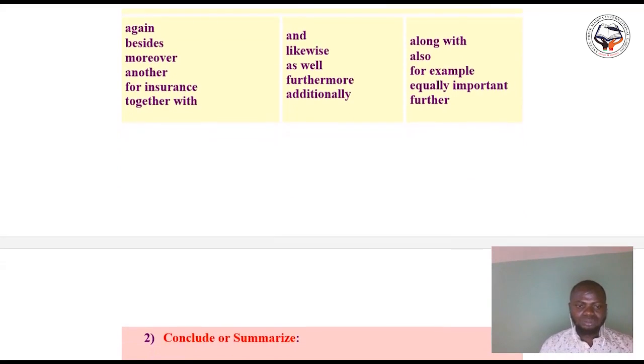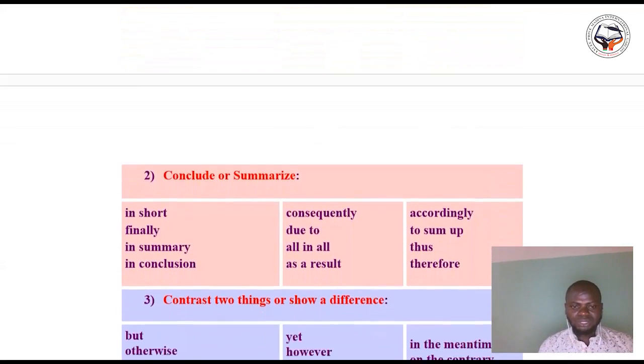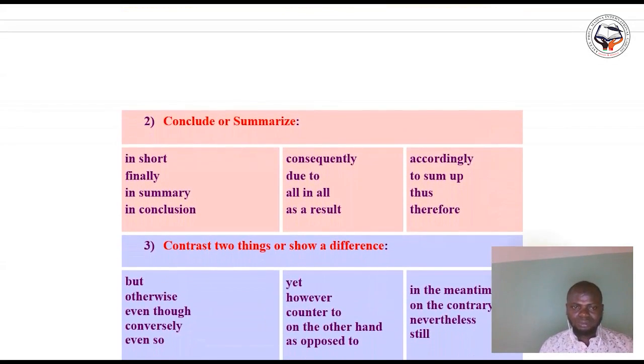Now let's continue. In the second aspect, we have conclusion or summarizing. It is when you want to conclude or when you want to summarize. Here you have to use: in short, finally, in summary, in conclusion, consequently, due to, all in all, as a result, accordingly, to sum up, thus, therefore.